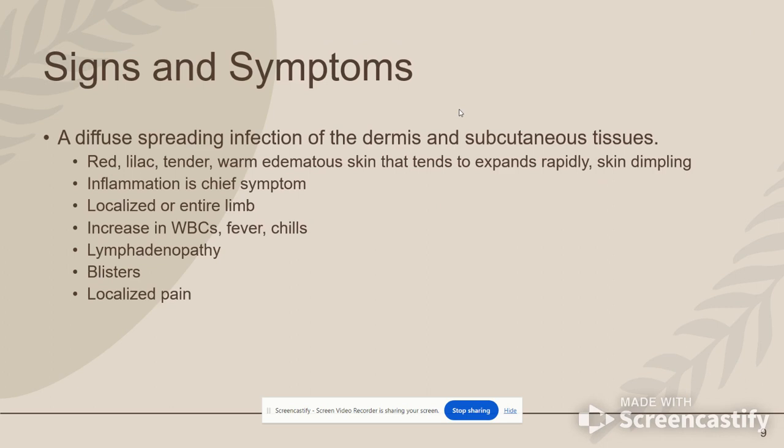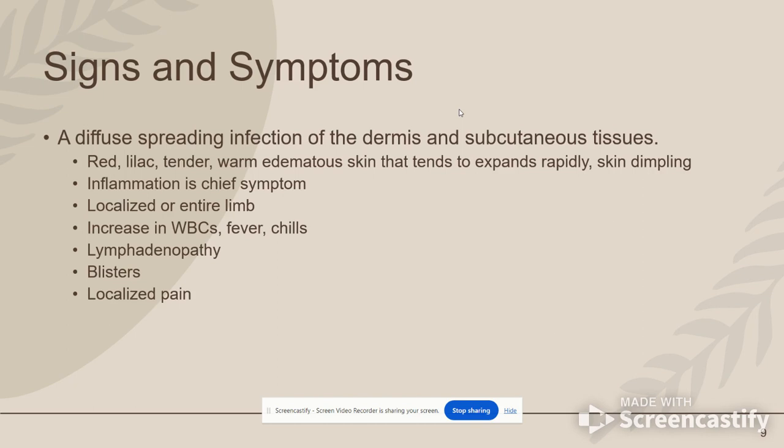It can be red, lilac, tender, warm, edematous skin that tends to expand rapidly. Again, there's skin dimpling, so it looks like maybe cellulitis, almost cellulite-like in your skin. Inflammation is the chief symptom. It can be localized or it can affect the entire limb. They will have an increase in white blood cells. They can have a fever, chills,